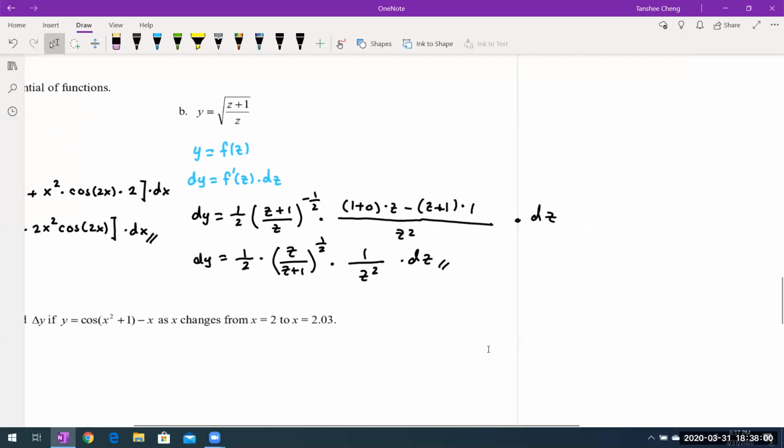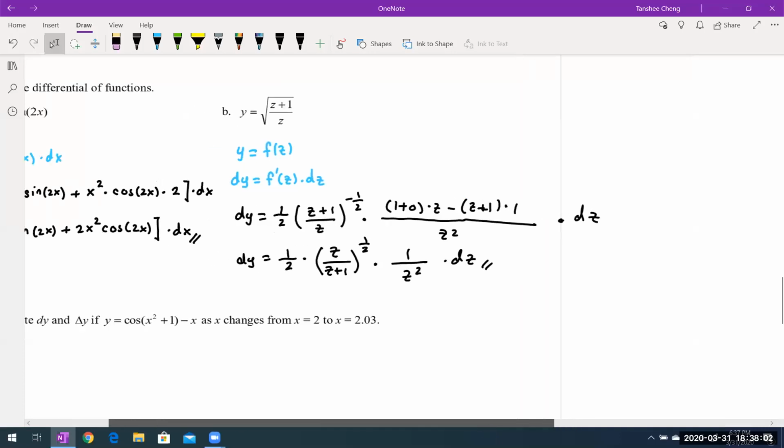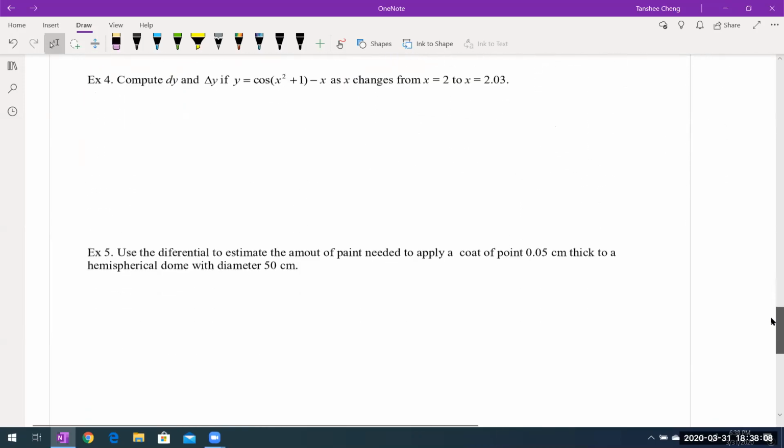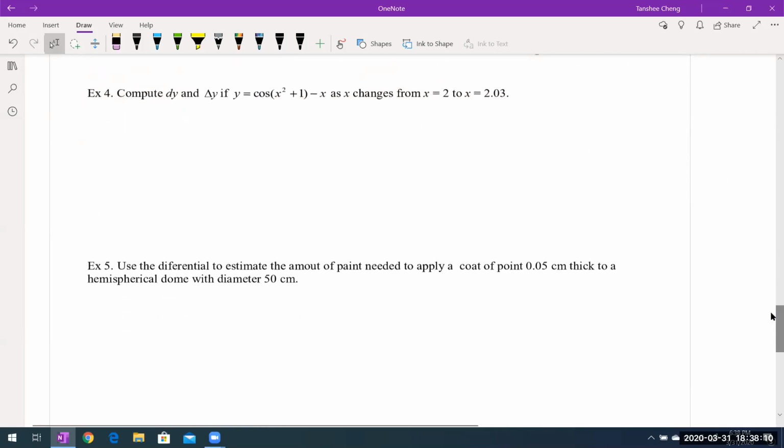So moving to the next example, Example 4. That will help us to see the difference in values. So first, it is asking us to compute the differential of y and delta y on this particular curve, from x equal to 2 to x equal to 2.03. So first thing,